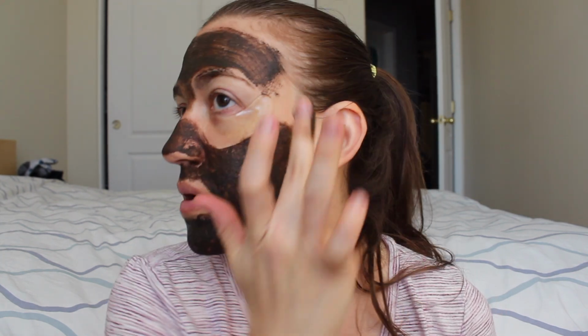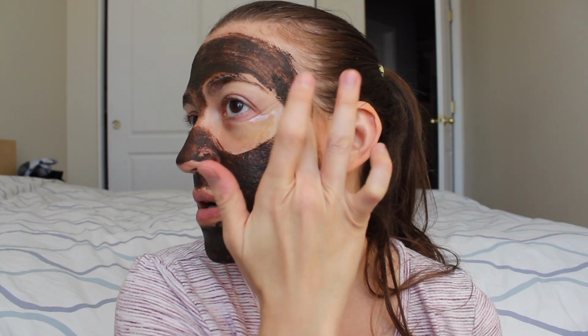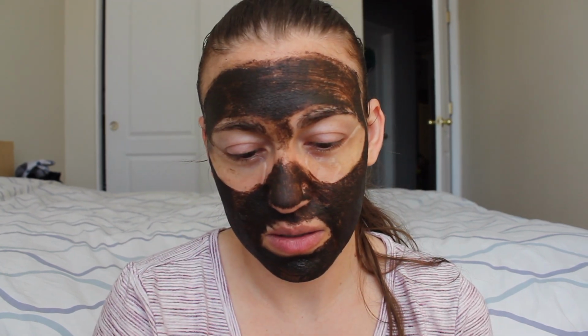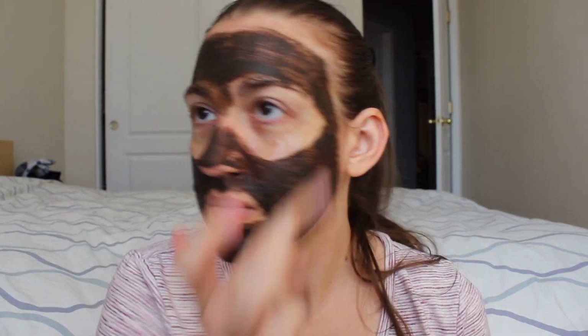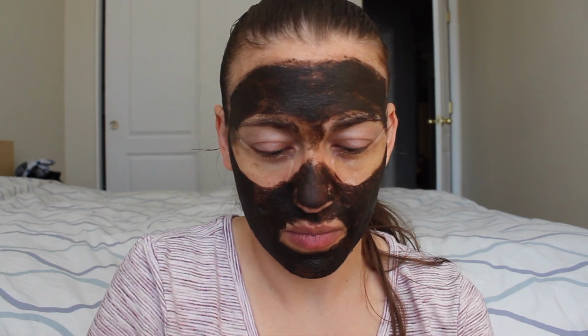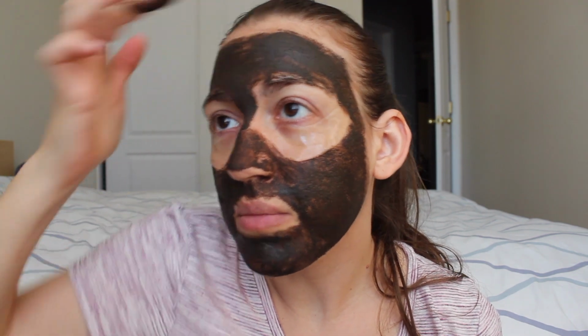I have to do this part with my finger, just so I can get in that area without knocking the eye masks off. Alright, there we go. And while I think the Frightening Green mask that she also offers was made more for